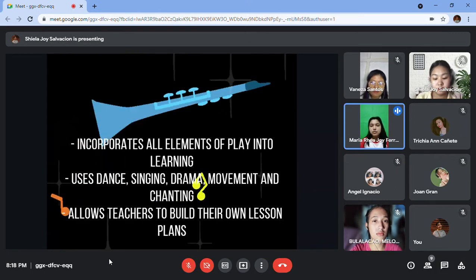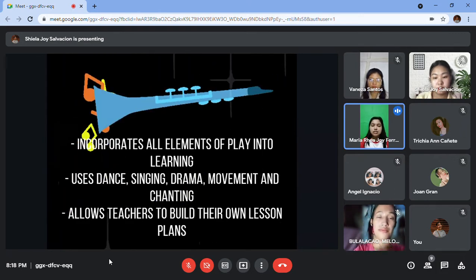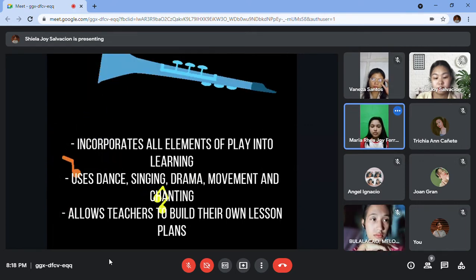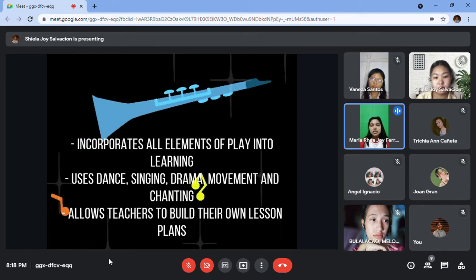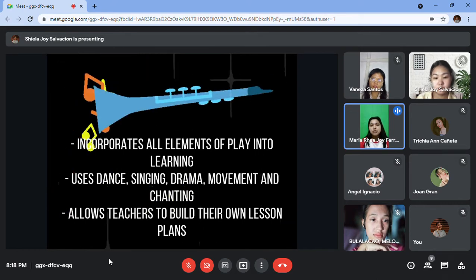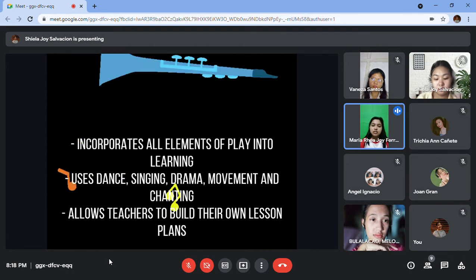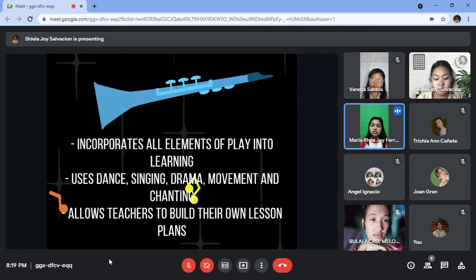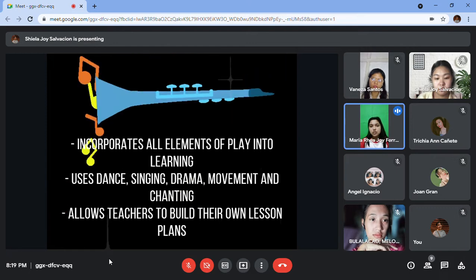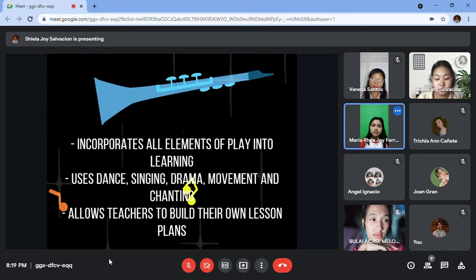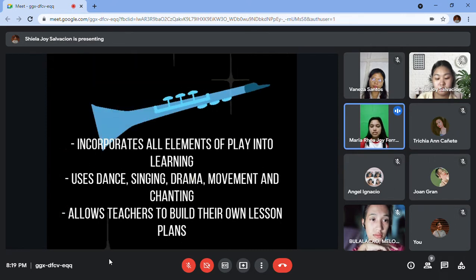So they can provide or make their own plans in teaching this method. As this method is a children-centered approach, they will base their teaching on their students' learning interest, and they can adapt it to suit the size of their class. And lastly,